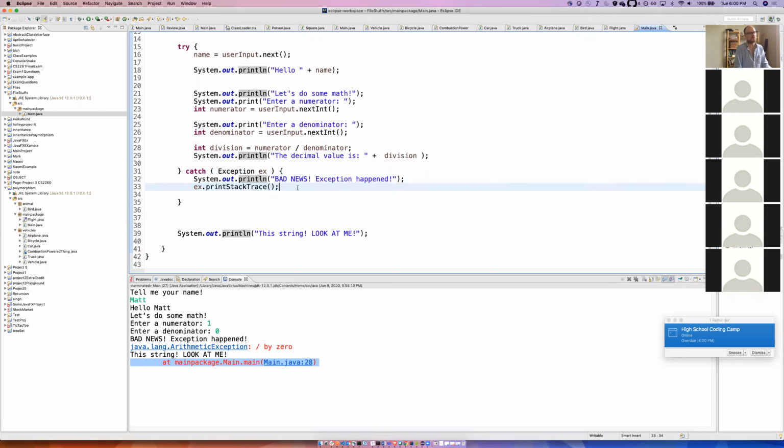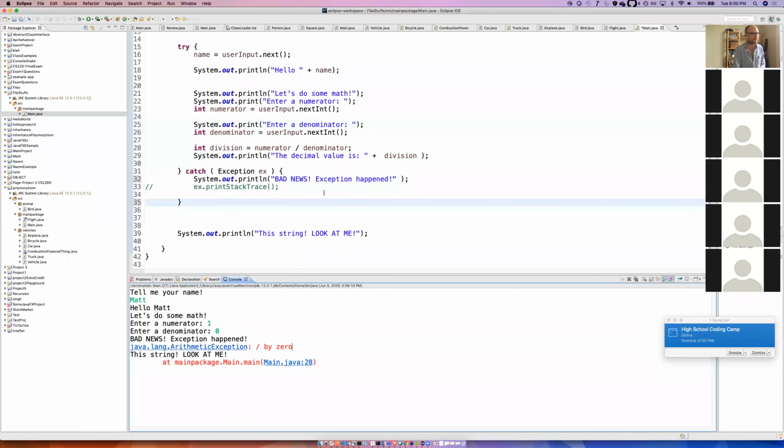So let's just get rid of that. Now we've got all this, but fun story, today we're just going to end on a quick note. You can catch more than one thing. Remember how earlier we had this divide by 0, and then